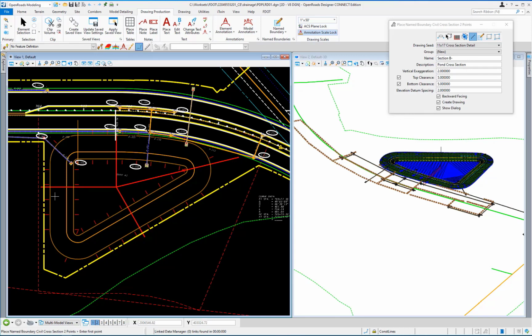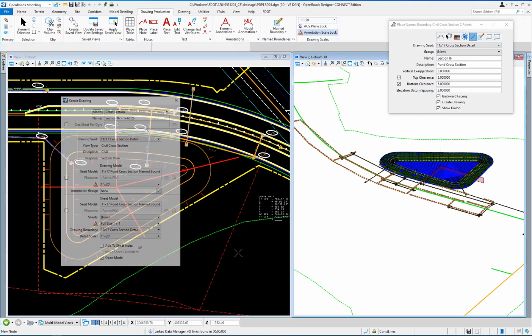Snap to and left-click on the left end of the horizontal pattern line. And snap to and left-click on the right end of the horizontal pattern line. Now left-click in the Open to accept the boundary.